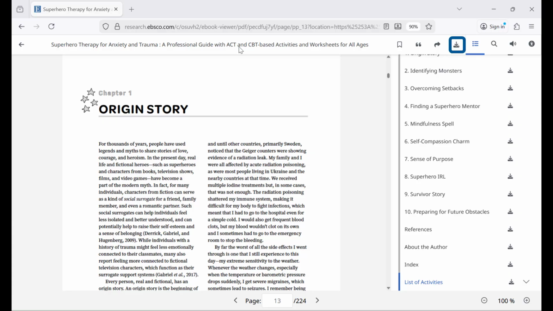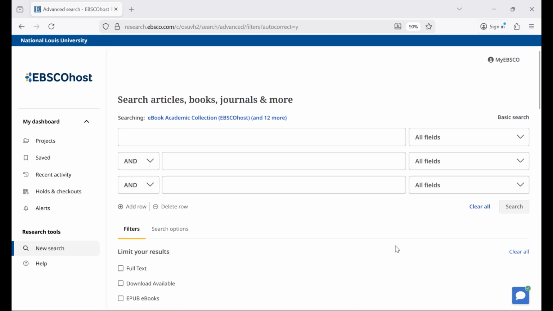You can use the Download tool to save a specific chapter from an ebook, but you can also click the Download arrow next to the chapter title from the table of contents on the right side of the page to save a chapter as a PDF. The many ebook collections provided by the NLU Library and the EBSCOhost ebook database can be a great resource to find ebooks that you can use for your